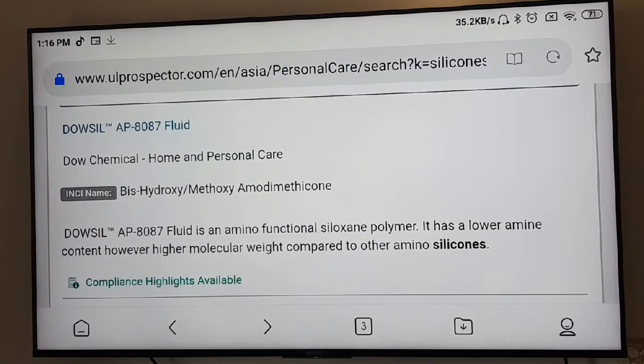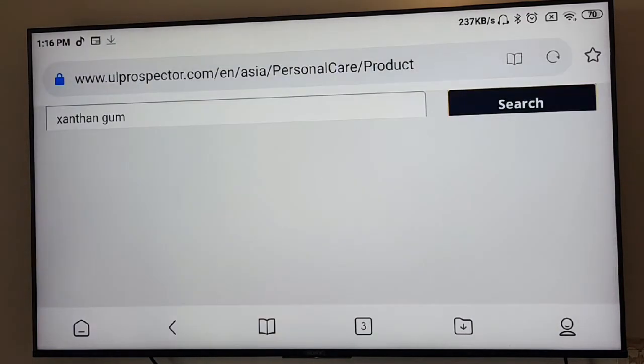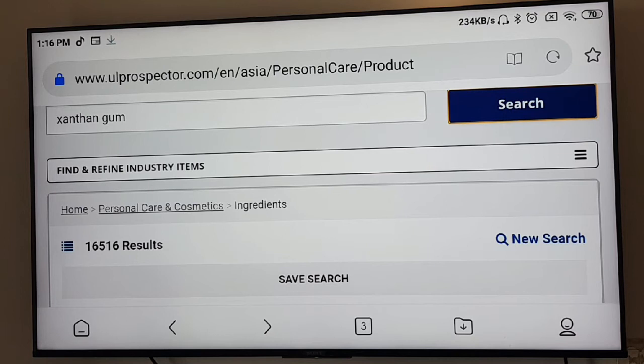So this is a very good database to understand what is happening in the industry recently, and to get some scientific articles on how the ingredient works. For example, the carbomer.